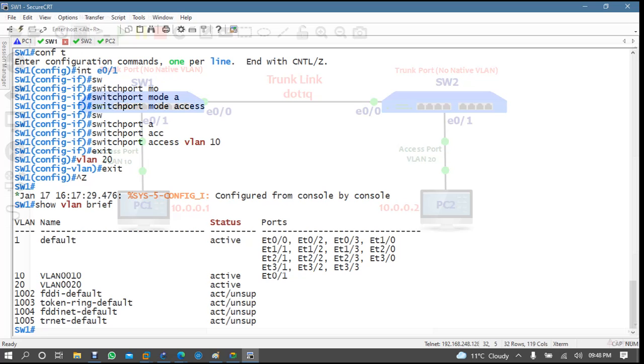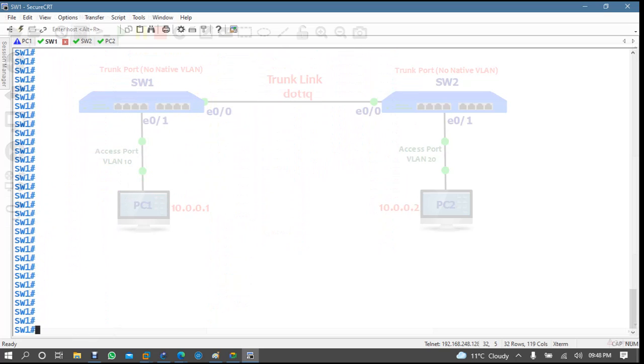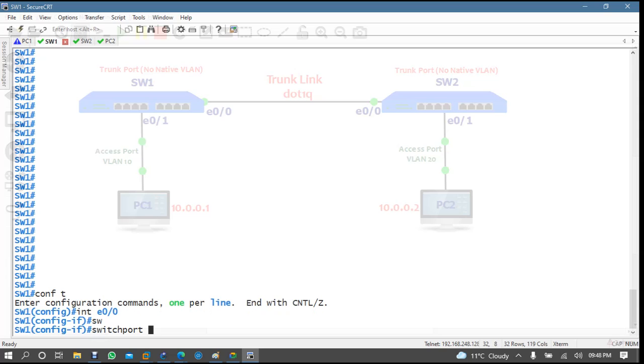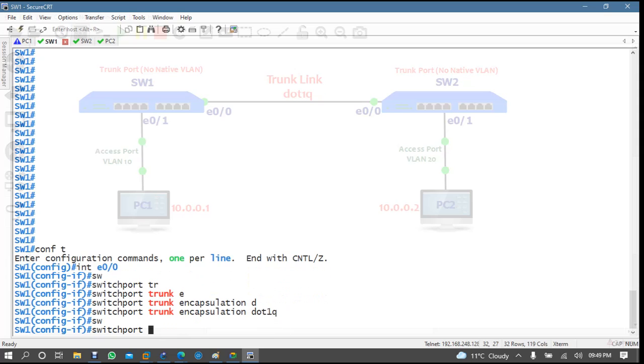First check the interface: show interface trunk, no trunk interface. We wanted to make negotiation, right? So conf t, interface E0/0, switchport trunk encapsulation dot1q, and then switchport mode